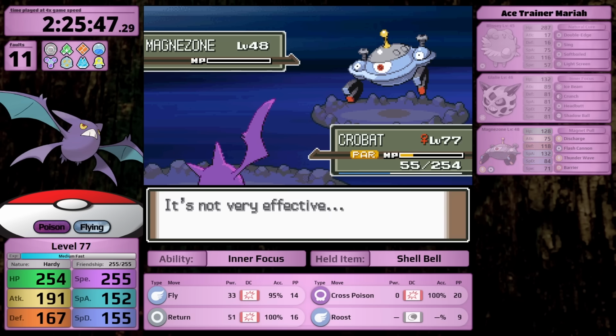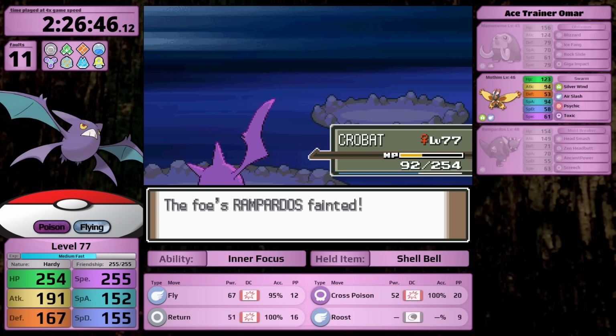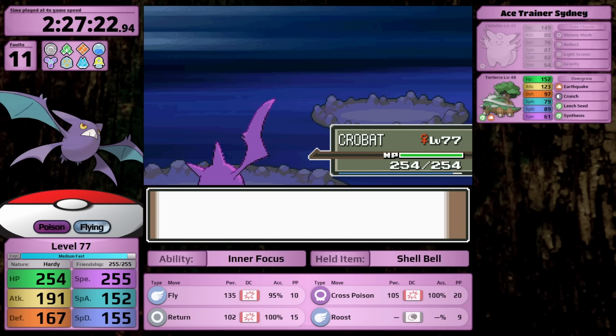This is what happens in Pokemon Platinum. By the way, there's some other battles in Victory Road that end up being a little bit sketchy. For example, Ace Trainer Omar, the Rampardos, does so much damage with Head Smash. In the next battle against Ace Trainer Sydney, I realized that the Clefable has the move Gravity. I have never played with this move before in my life, so it took a little while for me to